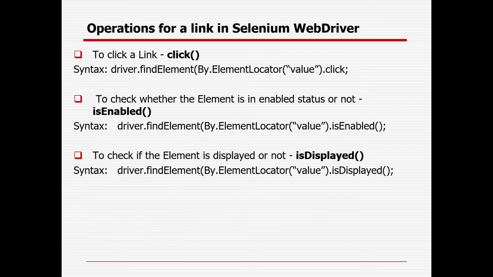In case you want to perform an operation on any WebEdit box, you can check whether the field exists or not, and whether the field is enabled or not. You can add a value, clear the value, and for different kinds of attributes you can check the corresponding value. In case it is a link, you can check whether the link is available or not, displayed or not, enabled or not, and also you can click on the link in case it's enabled and available.